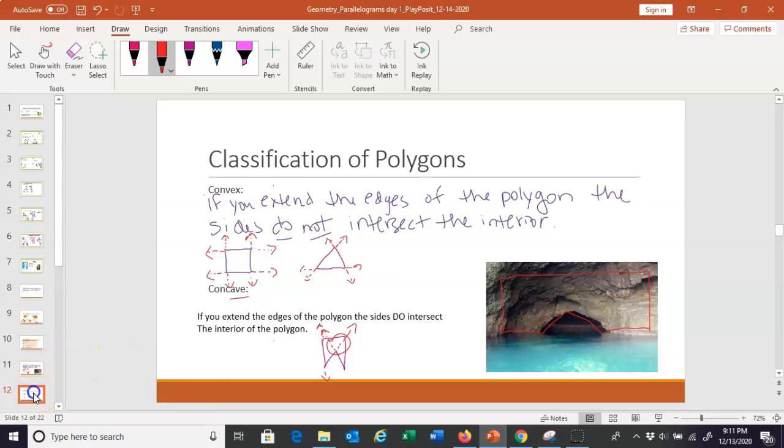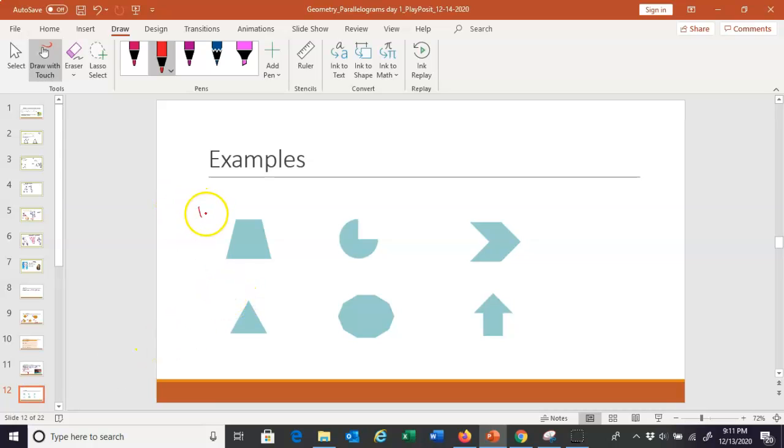So let's look at some more examples. Here they are. Number one. So number one is a polygon. It's closed and it's straight. And if you were to extend any of these edges, it does not go inside the shape. So this is convex. And if you kind of look at these, which one looks like a cave? Which ones have an opening? Yep, this one. This is concave,